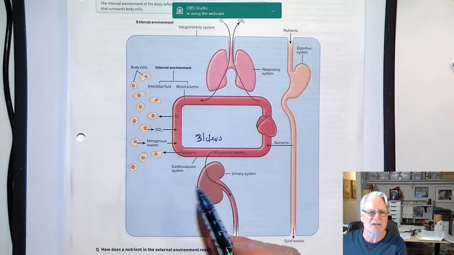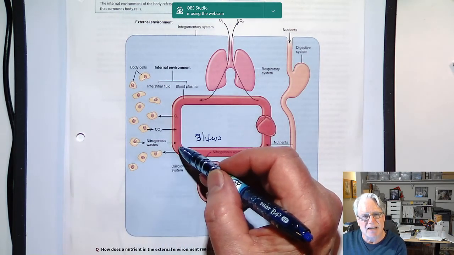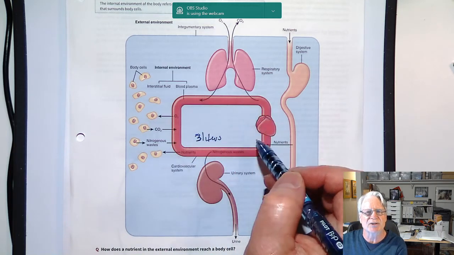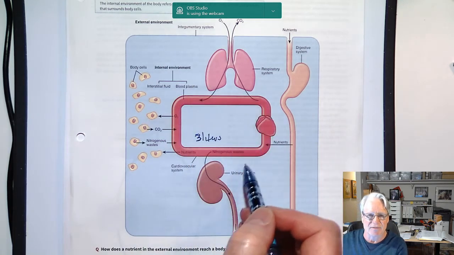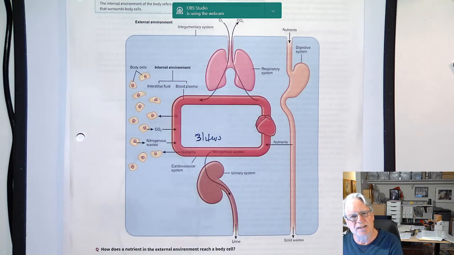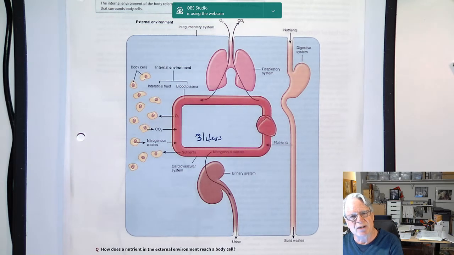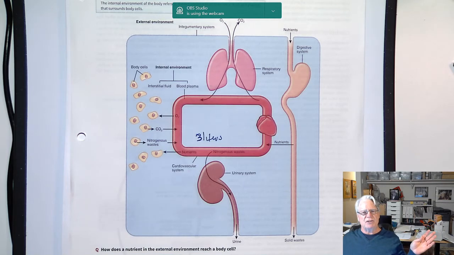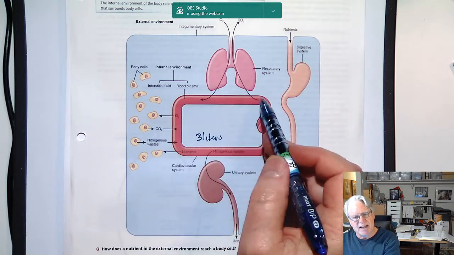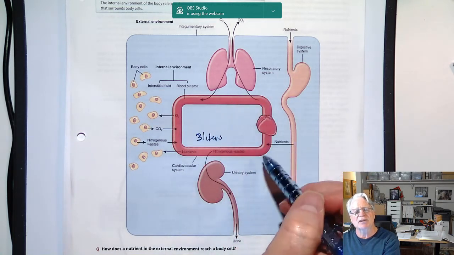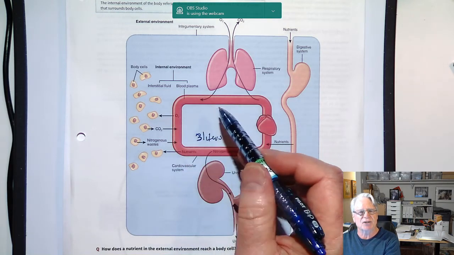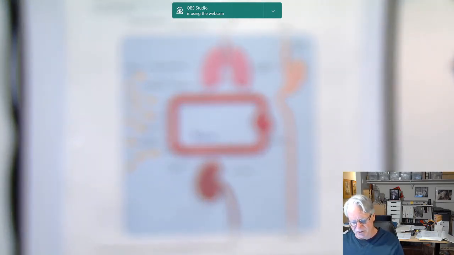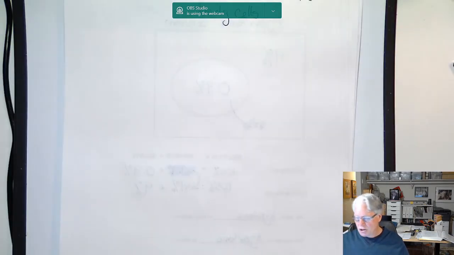So this is a coordinated system, and it's all based on being able to deliver these 3 liters to all these organ systems that are capable of modifying the contents of this 3 liters of fluid that we find in the cardiovascular system. So we have taken this huge problem, 100 trillion cells, and we've simplified it down to 3 liters of fluid, which is connected by a system to all the other organs in your body. And all of those organs are in some way contributing to the health of that 3 liters and thus the health of all those 100 trillion cells. Okay? So to summarize,